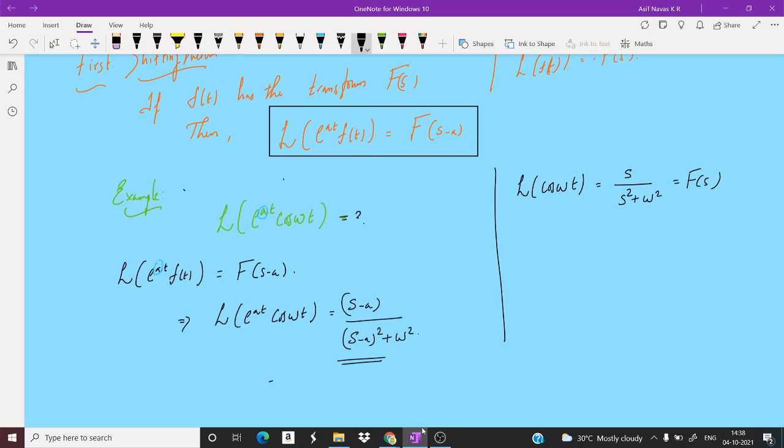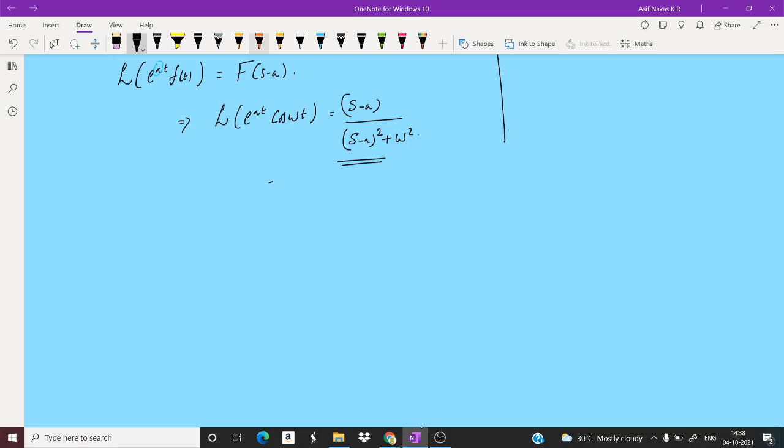Similarly, we can find the Laplace transform of e raised to t sin 2t. So here we know that the Laplace transform of sin 2t is equal to, here instead of omega it is 2, so 2 by s square plus 2 square, right? Then by the first shifting theorem,